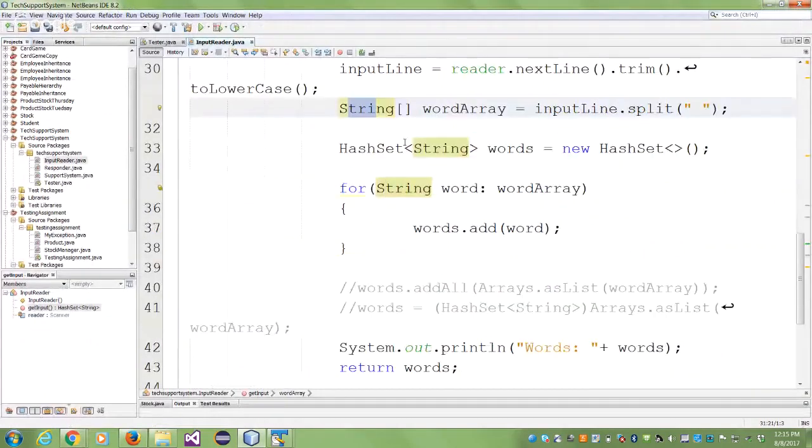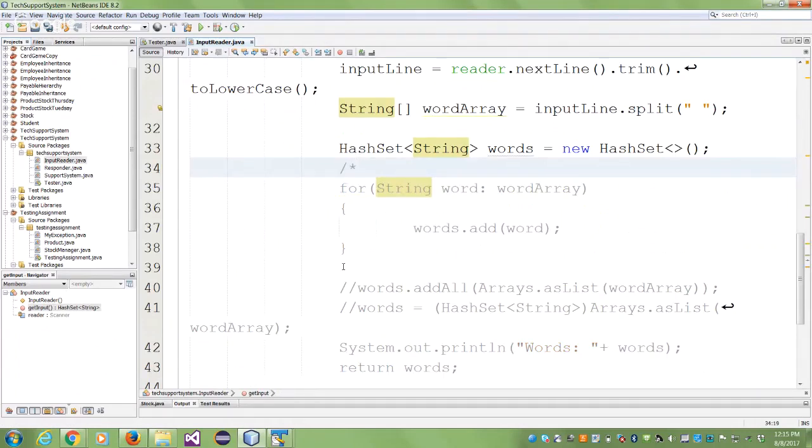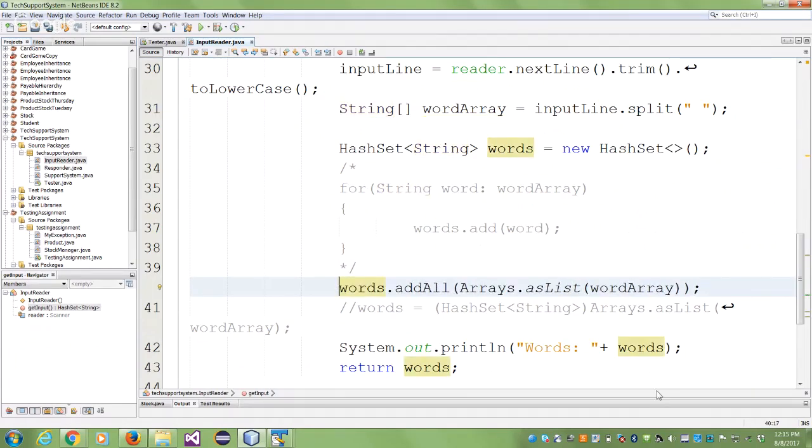And then manually, I write an enhanced for loop. But it says there are better ways. And of course, I've written the better ways here. There is an addAll method in your hash set. So I could remove this if you like. And I can use this one statement and it will work. What have I done? I've used the addAll method of my hash set and I've used the asList method of my